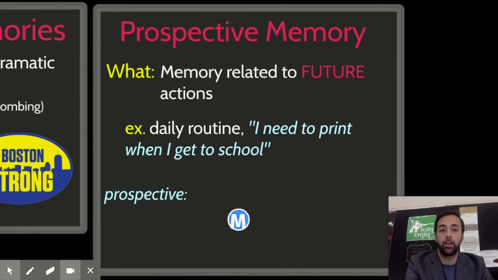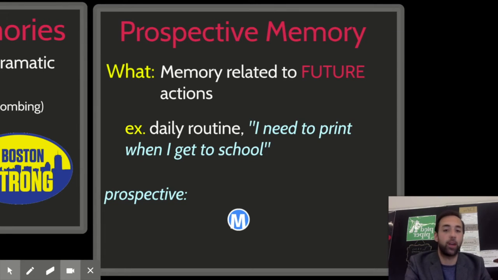So, for example, maybe you need to print something out before you go to school. Maybe as you're sitting in class, you choose not to write down a homework assignment, but you tell yourself that when you go home, you will do it. Maybe at work, you're in the middle of a really quick shift or a shift that's really fast paced, and you tell yourself, I need to take the trash out before we move on to the next part of work, or I need to make sure I change the coffee out of the coffee machine. Memory for future events is what we call prospective memory, and hopefully most of the time, you in fact remember to do those actions.